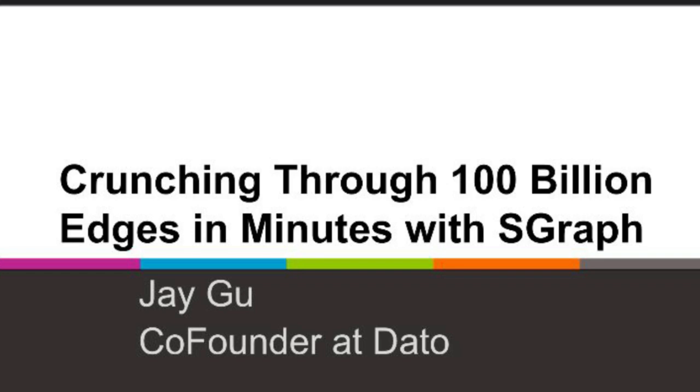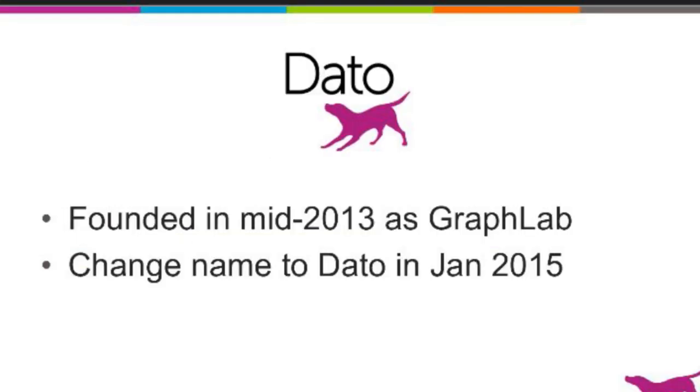So good evening, everyone. My name is Jay. Today I'll be talking about crunching through 100 billion edges within minutes with SGraph. I'm from Dato. Dato is a young machine learning startup building tools and platforms for scalable machine learning that is easy to use. I was very fortunate to be with the founding team. We founded a company in 2013 named Graphlab because at that point we were the best. We're still the best